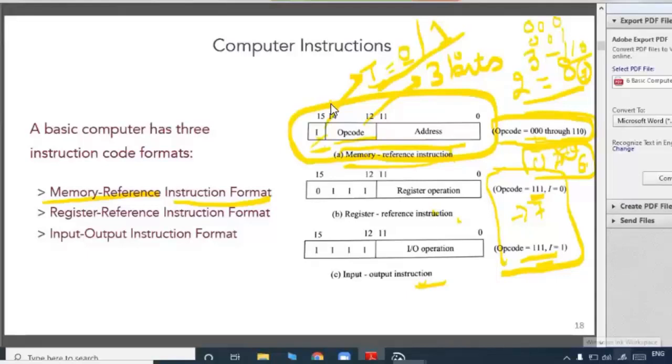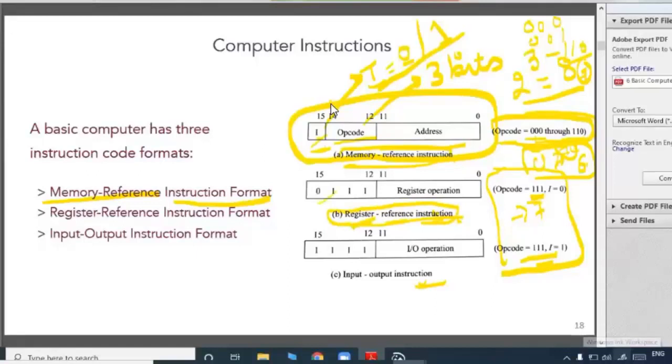So here in register reference instruction, these are the instructions that use a register for every operation. The instructions that use registers for their operation are called register reference instructions. The instruction that refers to the register every time for the operation is called a register reference instruction.